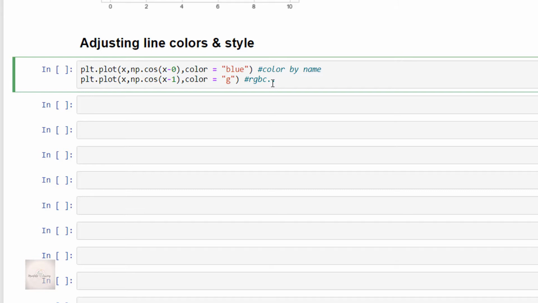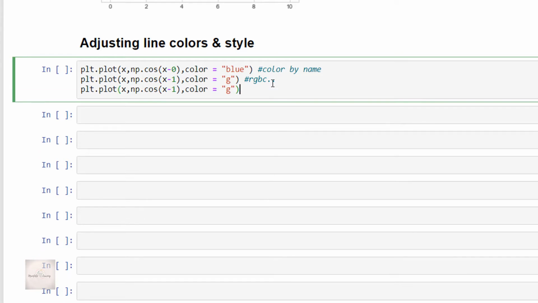Fine. Now, let me write plt.plot of x comma np.cos of x minus 2 comma color is equal to 0.75. So, what is this 0.75? It actually represents the grayscale. That is, the grayscale is represented with values between 0 and 1, and here I have specified it as 0.75.